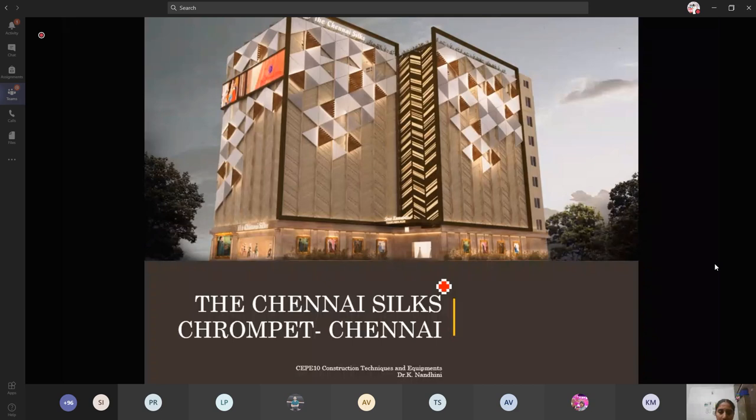The Chennai Silks building at Krompet was the first constructed precast building in Chennai. They did it with the Chennai Silks building in Velachery. Initially, it had some issues while they were going for 2 levels of basement. They found some seepage of water inside the building. Then they went for the grouting process. It was a long process to finish, as well as it had some minor issues, and then it was later rectified. The first successful construction is the Krompet Chennai Silks building.